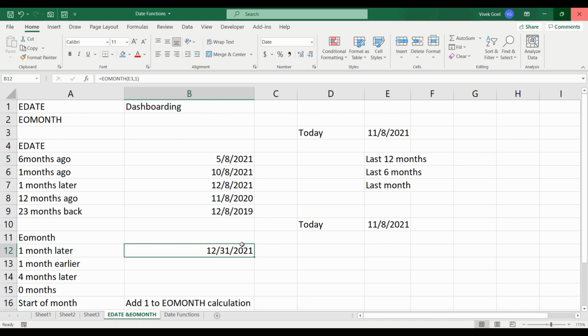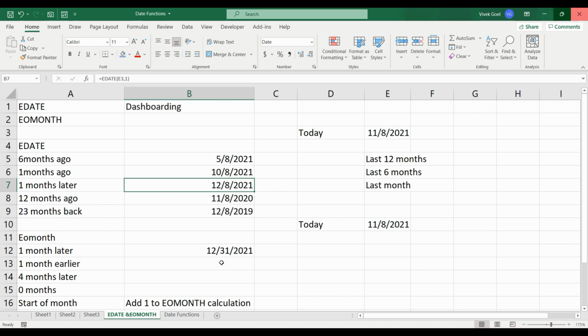Think of it as an extension to our earlier EDATE function. You are first adding 1 month to your 8th November 2021, which will result in 8th December 2021, and then you just need to display the end of month of this date, which will be 31st December 2021.